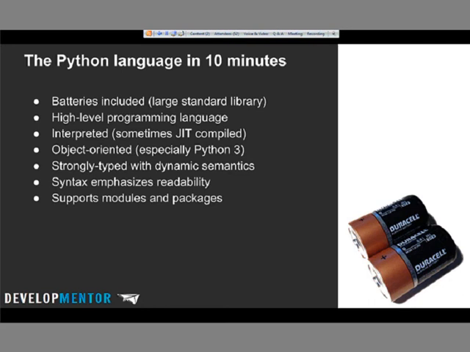We'll do a lot of comparisons of here's the .NET code and here's the Python code. And you'll see that the Python code is often shorter. Sometimes it's like a third the amount of code you've got to write in .NET to do the same thing. And some of that has to do with this emphasizing readability, and some of it has to do with other choices they make. There's a packaging system, just like in .NET we have assemblies and libraries. You can pass them around, you can add references to them. You can do similar stuff with that in Python with modules and packages.